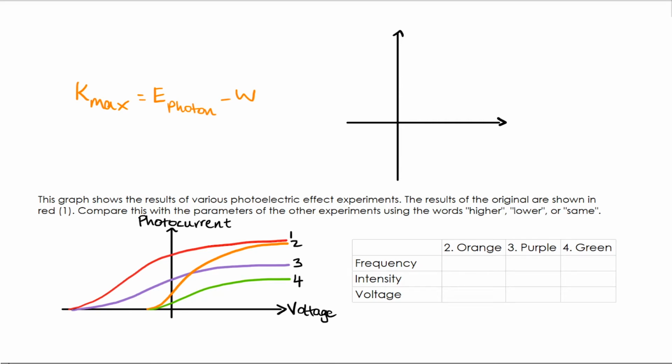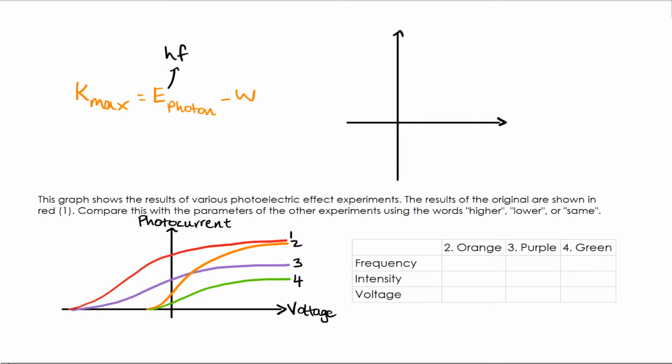Alright, hello everyone. In our last episode, we introduced the photoelectric effect, and today we're going to be interpreting some experimental data. So let's recall our equation. The maximum kinetic energy of the photoelectrons is equal to the energy of the incoming light minus the work function of the material. And if we recall that the energy of the photons in this case is hf, then this